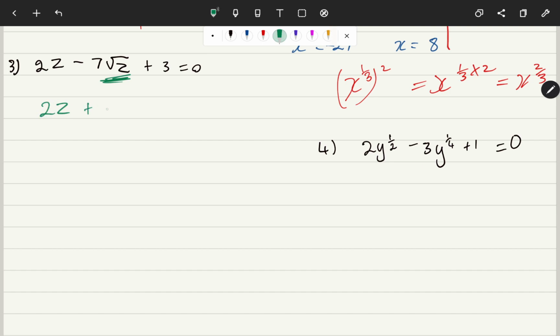So I'm going to have 2z plus 3 equals to 7 root z, right? And now I'm going to square everything. Remember, laws of equations, what you do on the left you do on the right. So cool. So here I'm going to have 4z squared, plus